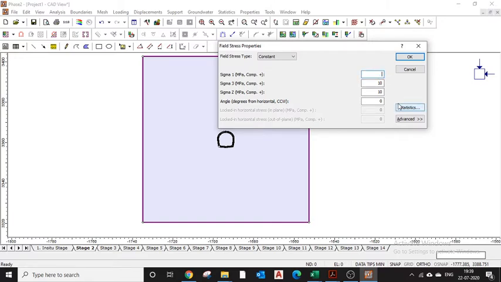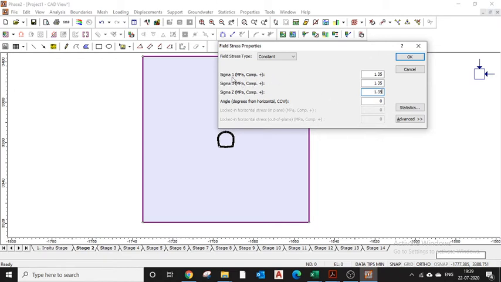So let's suppose my overburden is 500 and my unit weight is 27, so it will be 13.5 MPa, my sigma 1. Similarly, sigma 3 will be 13.5 MPa, as I am keeping my K naught as 1 for the present analysis.